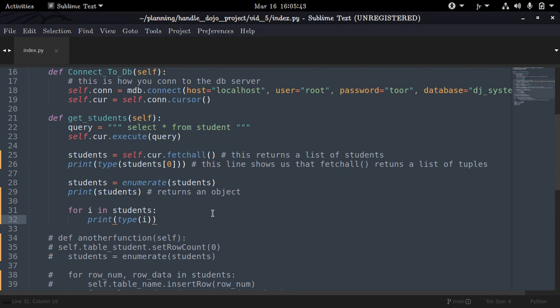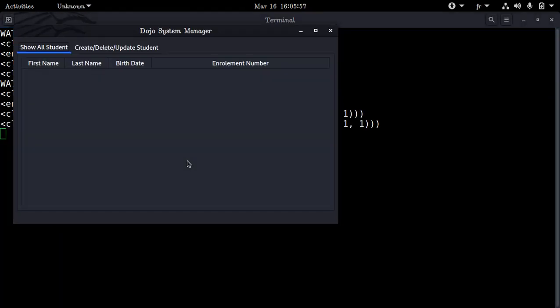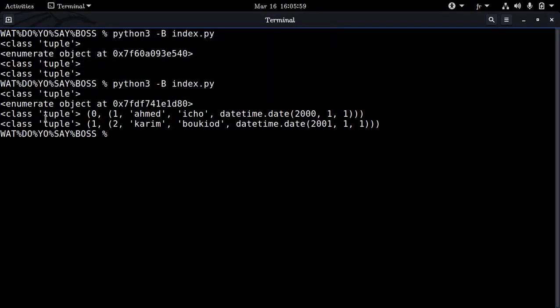So let's just say, print i in front of it, the type of it and the i. So let's go. So we have class tuple, and this is the tuple. The second student, or the tuple of the second student, is this one, Karim Bokyod, and Ahmed Isho as the first new student. Okay,